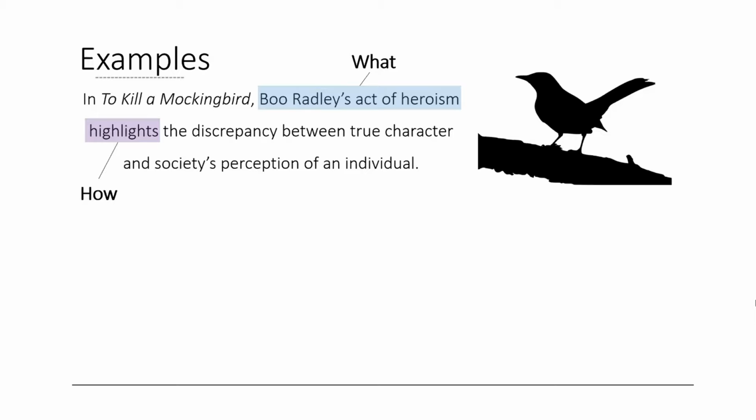Our so what is this last chunk of text, which conveys a universal theme that is depicted by the text and especially this event. And this theme conveys the fact that everyone in the town expects Boo Radley to be this horrifying ghost-like figure, but in reality, he's just a compassionate, kind, and caring individual who happens to save the